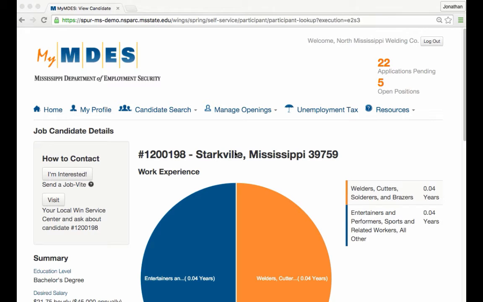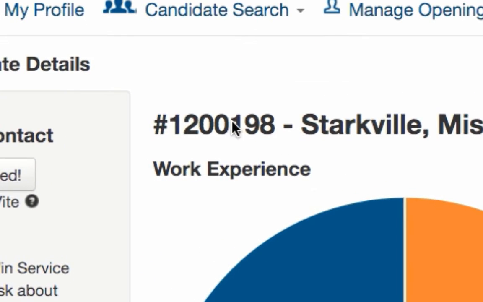A JobVite is a way for an employer to invite a promising candidate to apply for one of his or her company's openings. It's an invitation to apply for a job. If a participant has opted out of receiving JobVites, the employer can still jot down the candidate ID located here